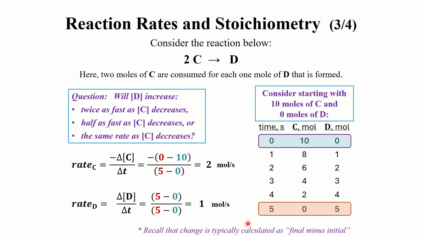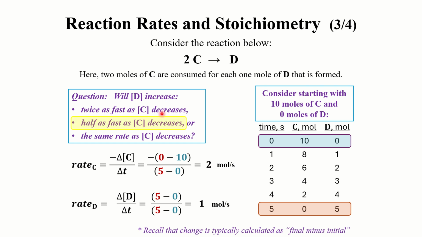Recall that change is typically calculated as final minus initial. So for C, its final concentration is 0 moles, its initial is 10, which is why these values are here. The time for both is 5 minus 0. And then for D, 5 minus 0. Final concentration of 5, initial concentration of 0. So we can see then that